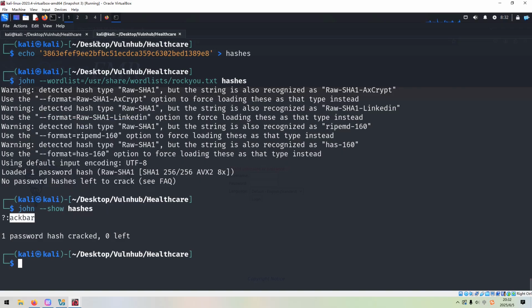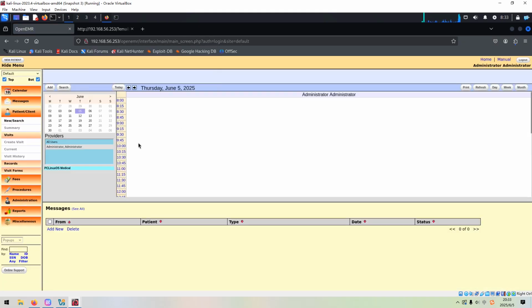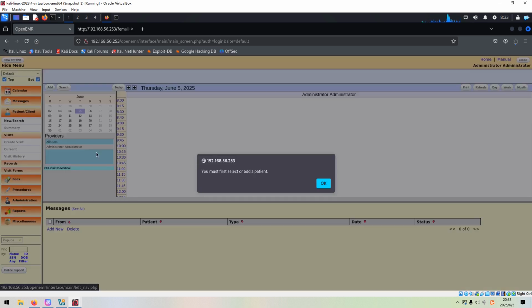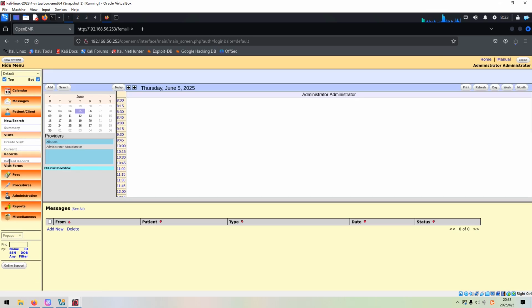So now we can copy and log in to this CMS, OpenEMR. Okay? The username is a domain, and the password, paste in here, login, and it's successful. And there are some functionalities like patient. We can manage a patient, client. Also can manage or create a visit,